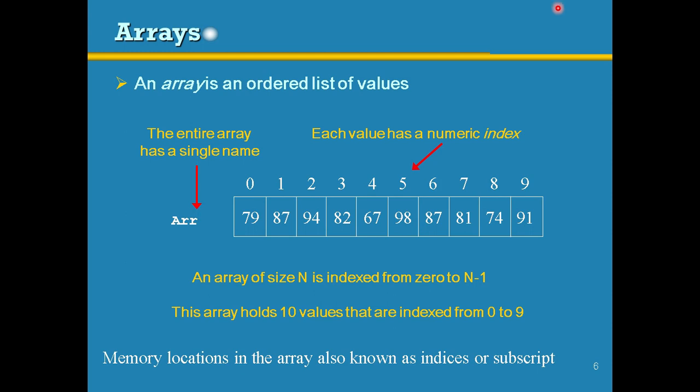When you count the total number of elements here, you will know that 10 elements are stored. But the array starts from 0, so the last index will be 9. Remember, this is the basic concept of array. It's very important. Your array index starts from 0. Suppose the total number of elements is n, then the last index will be n minus 1. That is very important. So under one name ARR, this name can be changed, I have stored 10 elements. So under one name itself 10 elements are stored. These are elements.